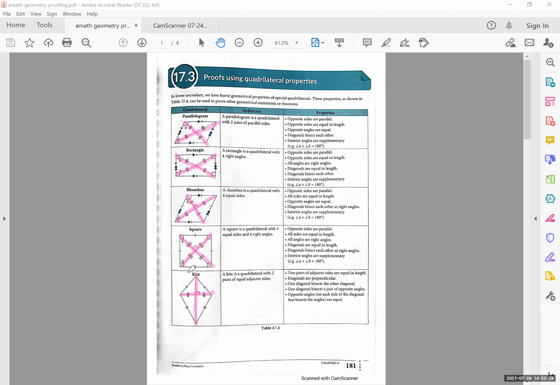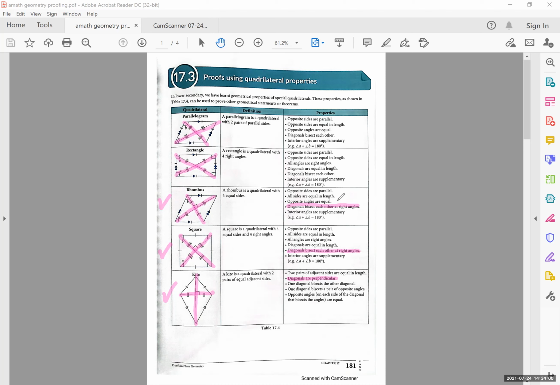So be very careful, okay? Only for rhombus, square, and kite, remember these 3, only these 3, the diagonals will bisect each other at right angles. Okay, only for these 3. Why is this one so extra, this kite thing? They say diagonals are perpendicular means it's the same thing, okay? They tell you that it is right angle. But why does this one never say bisect each other? Now, I'm going to explain to you all. Okay, so I take back my words. It's not so extra. There's a reason why.